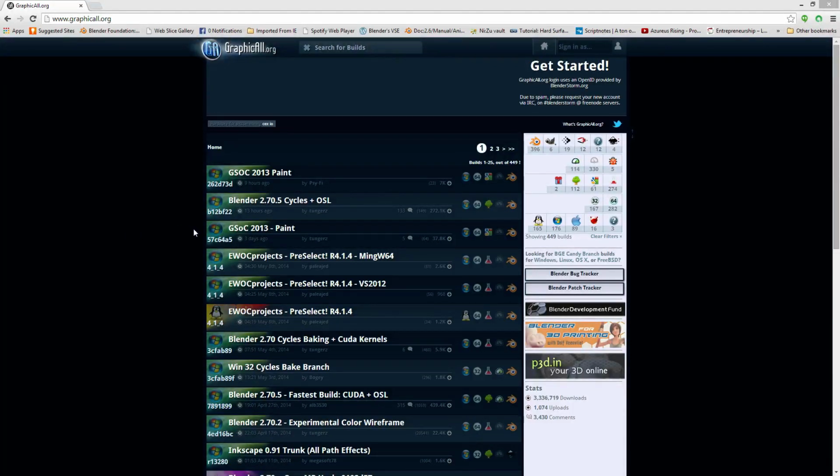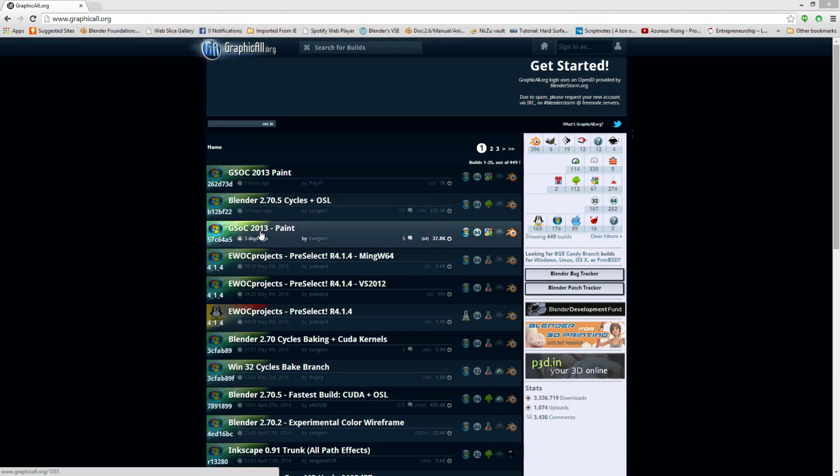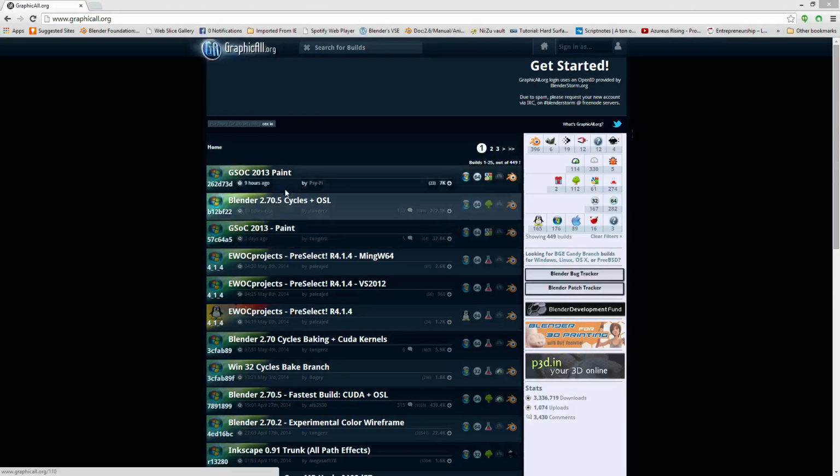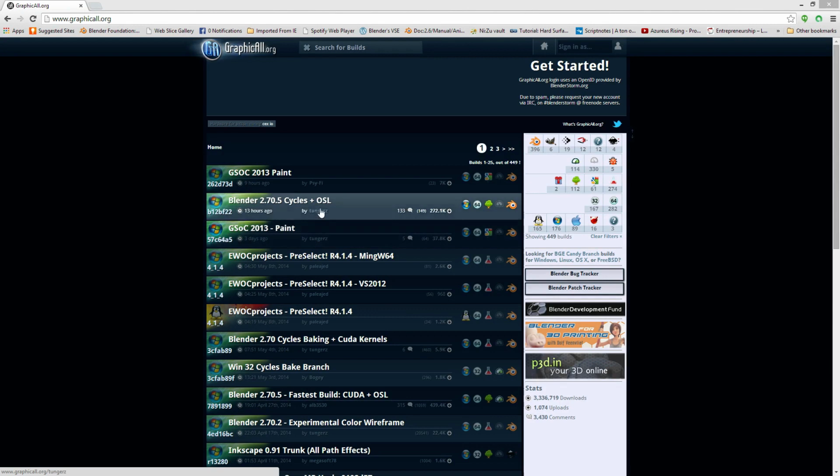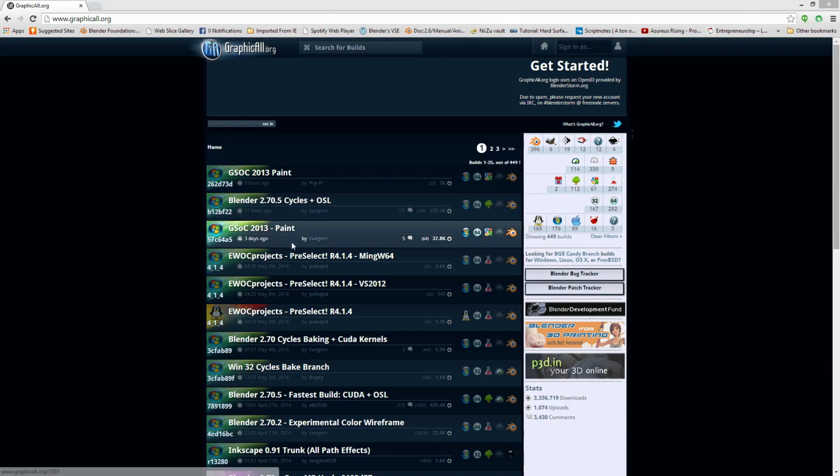Hi, I'm going to go ahead and run through a small tutorial on the Google Summer of Code 2013 Paint. You can go here to graphical.org and look here under the GSOC 2013 Paint. There's several builds available, mostly are Windows. The one I'm going to use was actually from here, the hash